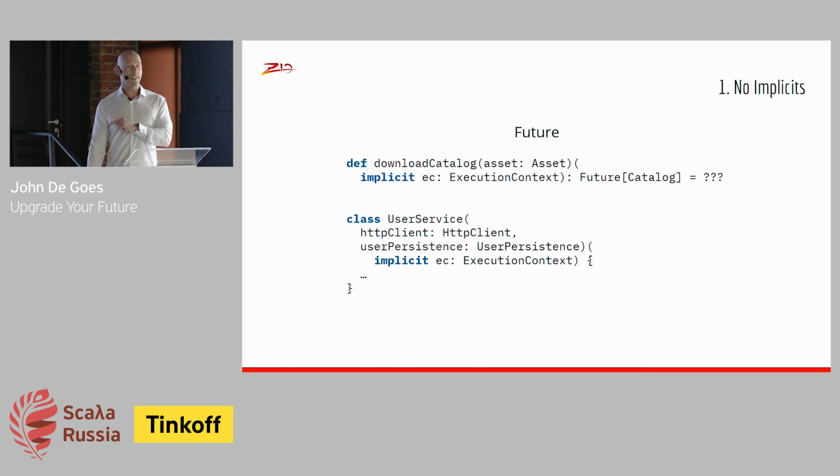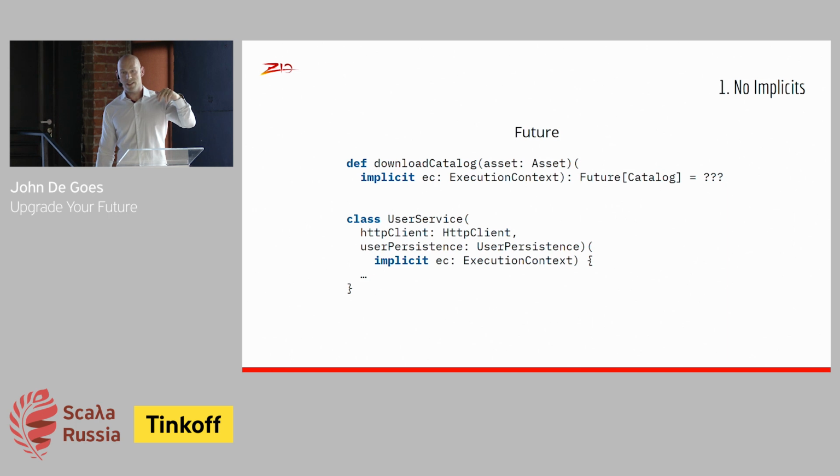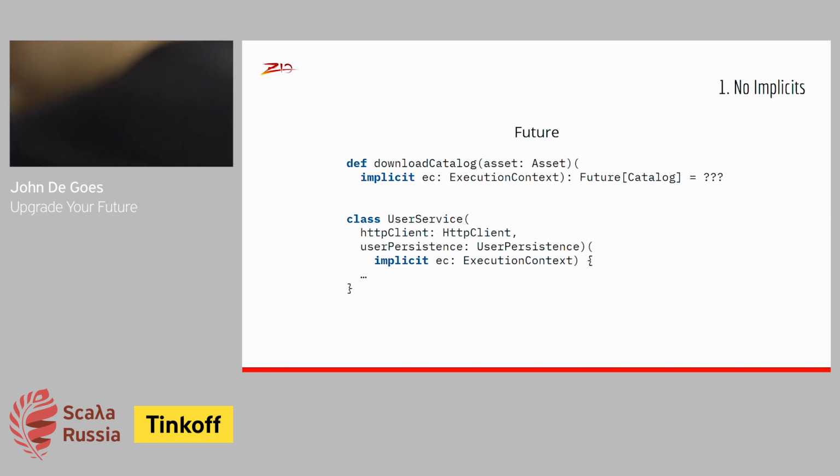Importing the global execution context is not considered best practice for very good reasons, because it takes away control from the caller of that code over where that Future runs. So ideally, in an ideal world, you thread execution context through your entire program except where you know a Future needs to run in a given execution context. And that is just a lot of pain. I mean, there's nothing wrong with it, right? But it's a lot of pain, it's a lot of typing, it's a lot of boilerplate. Passing around that execution context and making sure it's available implicitly in scope on every single operation that you call on Future, it's a big pain.